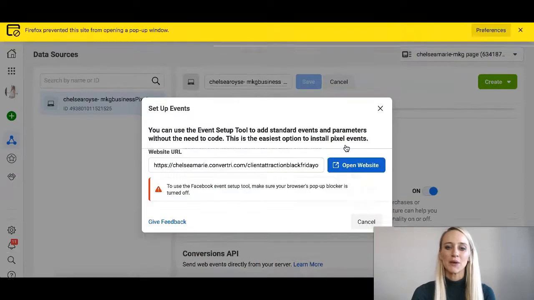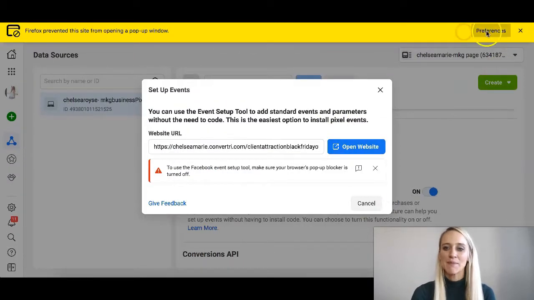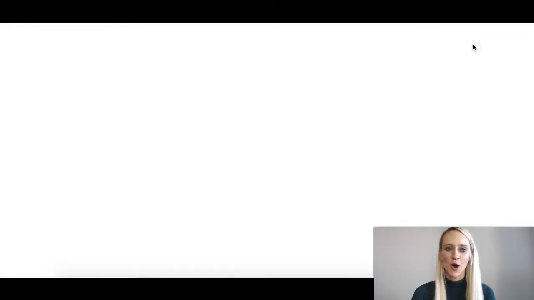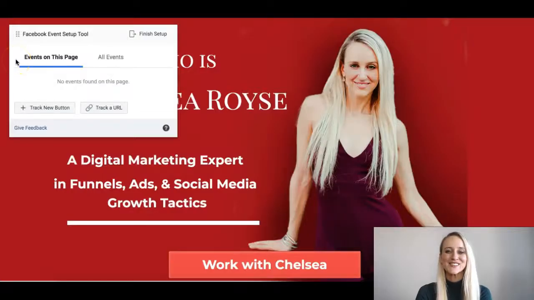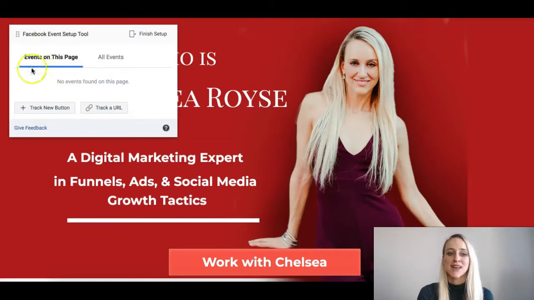We'll click Open Website and a pop-up comes up to go ahead and open it up. All right, so now we have the page open, and what's really cool about this is Facebook pops up this Facebook event setup tool. So it allows us to track the URL, so we could track the users that went to this page,